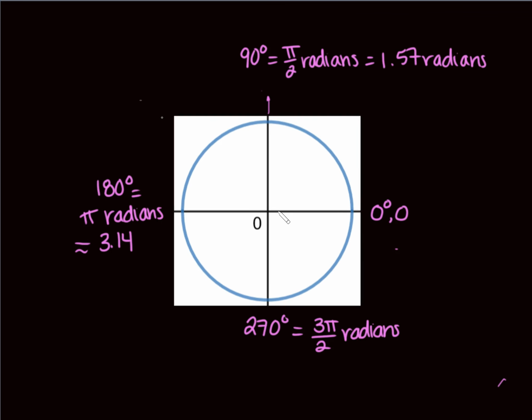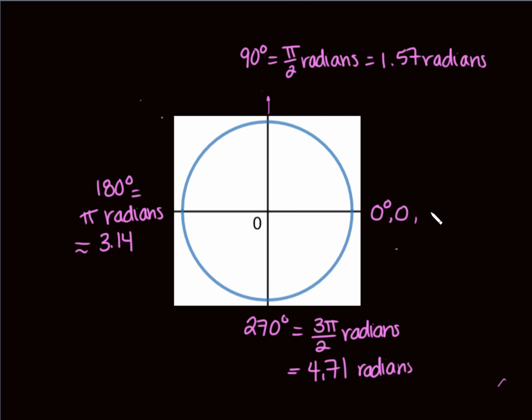That distance is 3 pi over 2, and so my angle is going to be 3 pi over 2 radians. So remember, it all comes from a distance around the circle. That's where we're getting these numbers. 3 pi over 2 radians is approximately, we saw that before, 4.71 radians. And then if we go all the way around,